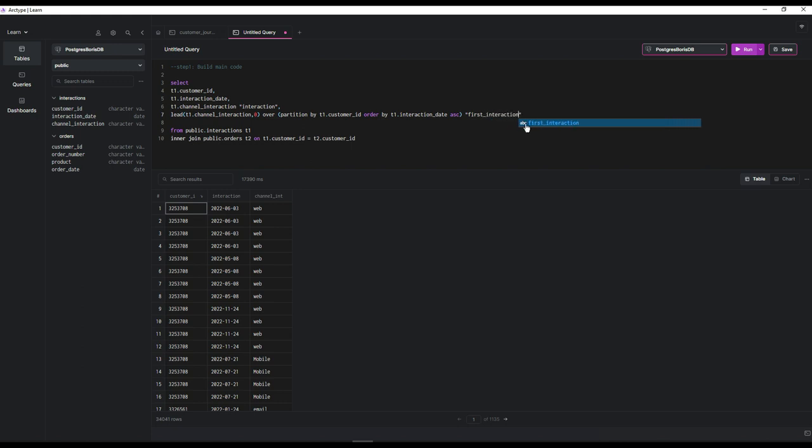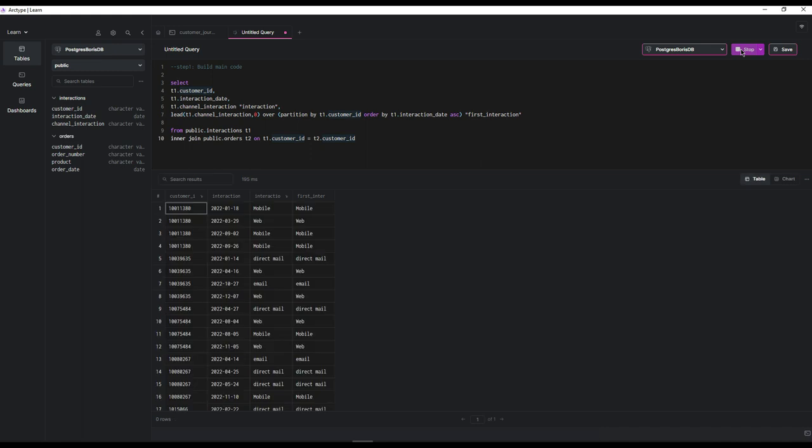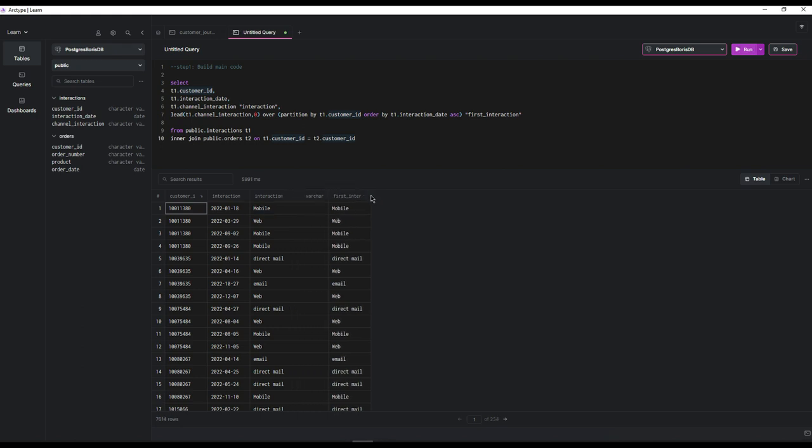Interaction. So that's that there. Let me see if this runs. Make sure we don't have any errors in here. Okay, so then that's our first interaction. And you can see here that these values are interaction. And so I'm going to go ahead and just copy and paste this one here instead of